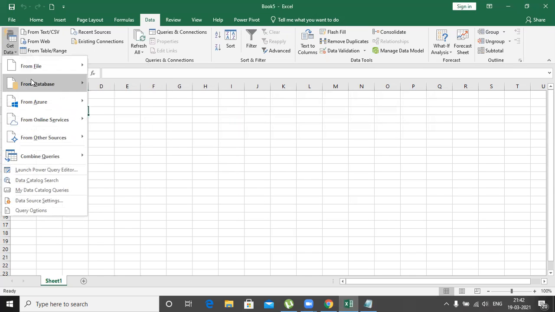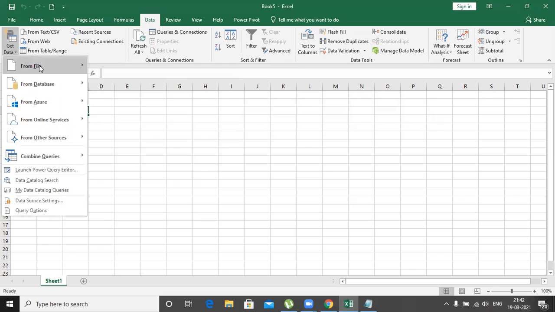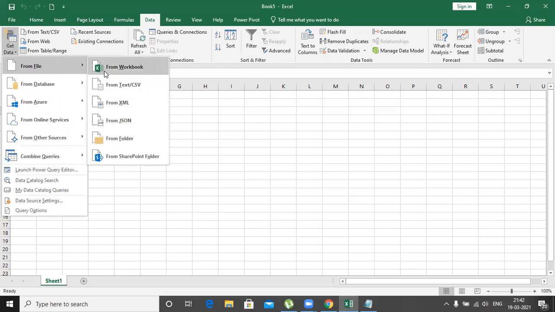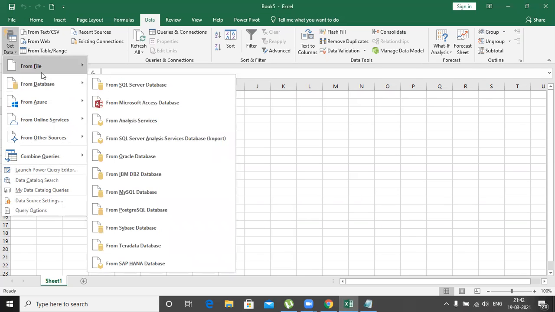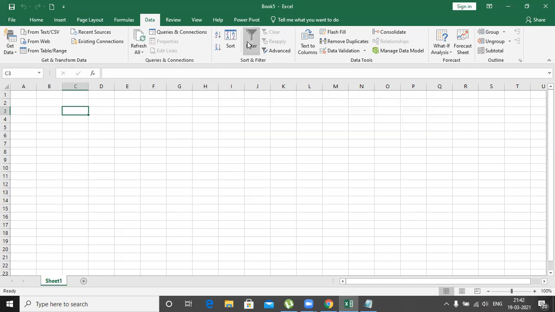But I want to bring external data into Excel. So that is the option I will be discussing with you: how to get data from a CSV or text file, or an XML file. One method I'll show you in these two. Apart from that, let's see how to work with filter, sort, and advanced filter.